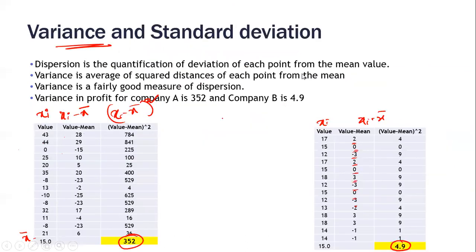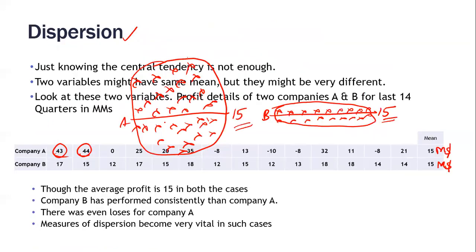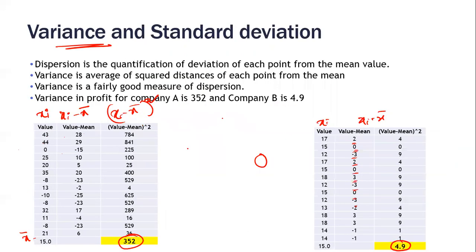Variance will quantify the dispersion in the data. What do you mean by dispersion? From the mean, how my data is varying. This is my center. How my data is clustered around the center. Is my data always near the mean or is my data going far away from the mean? That is what is going to be given by the variance. The only counterintuitive point here is everything looks to be highly squared up. We are kind of giving a very highly inflated value.